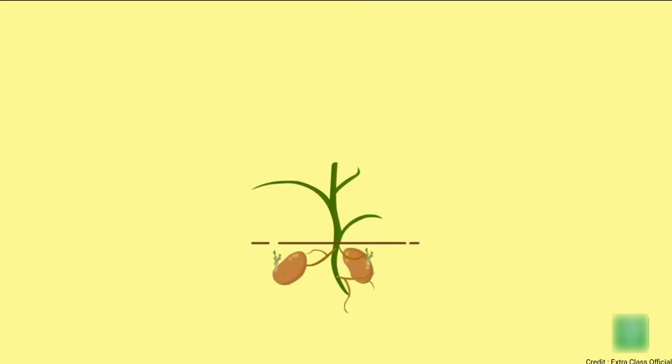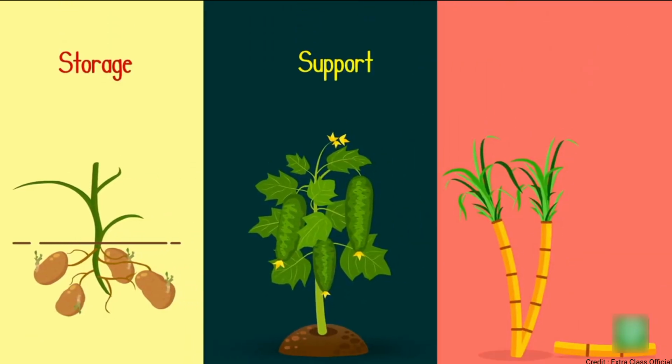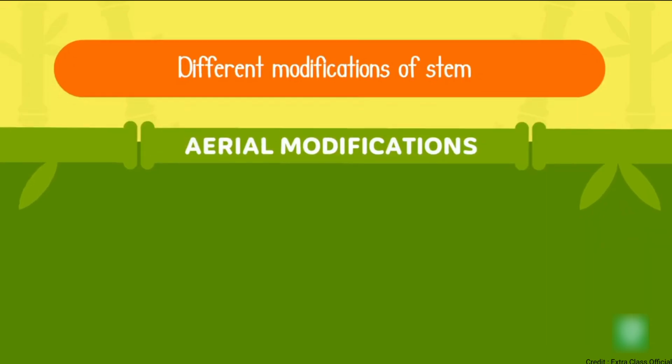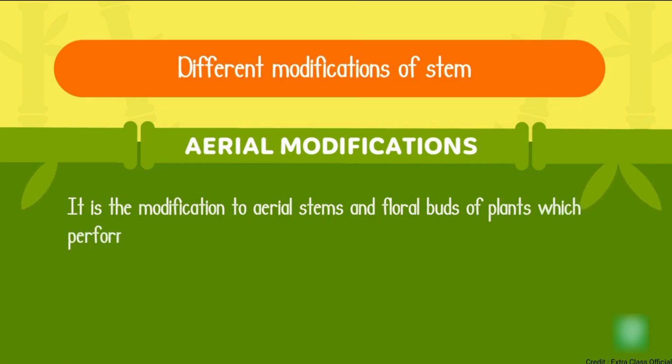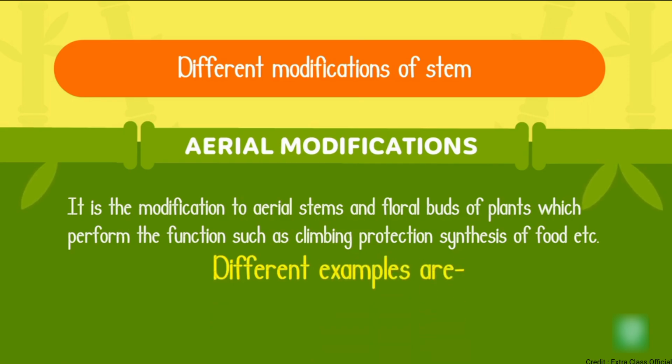Besides this, stems undergo modifications in order to perform additional functions like storage, support, and vegetative propagation. In this video, we will learn about the different modifications of a stem. Number 1. Aerial modifications. It is the modification of aerial stems and floral buds of plants which perform functions such as climbing, protection, synthesis of food, etc. Different examples of the aerial modifications are